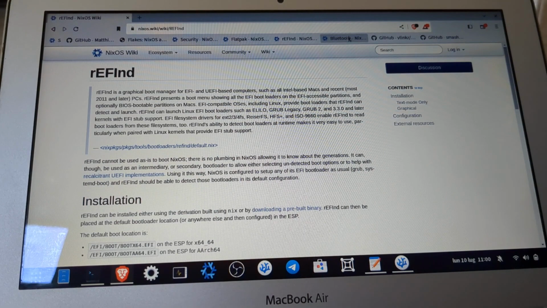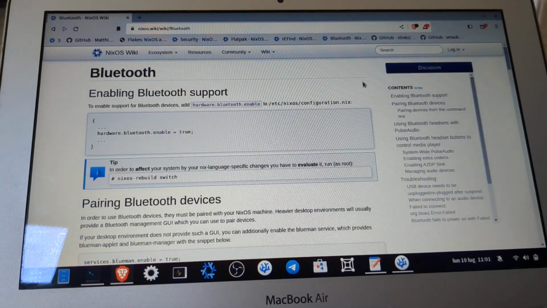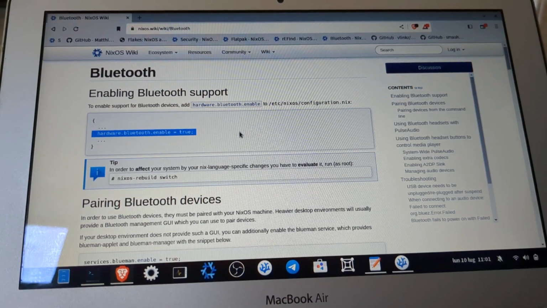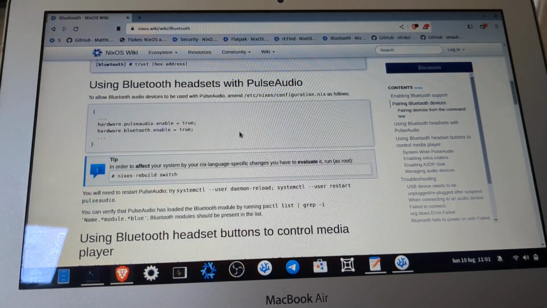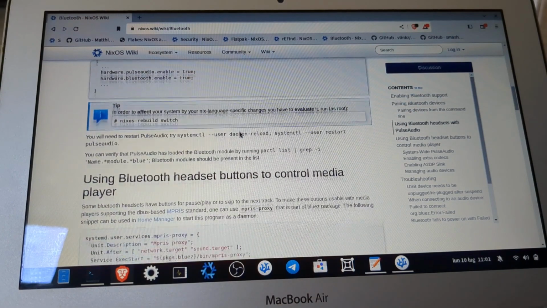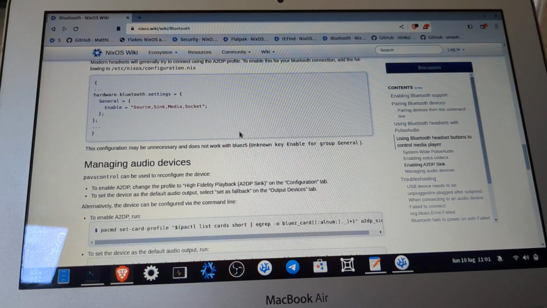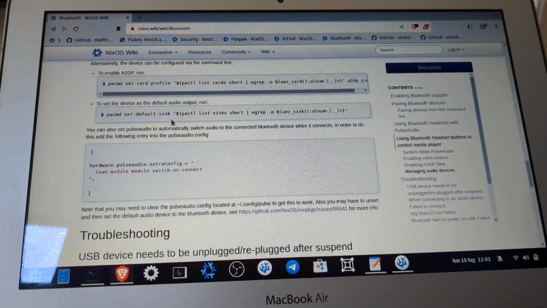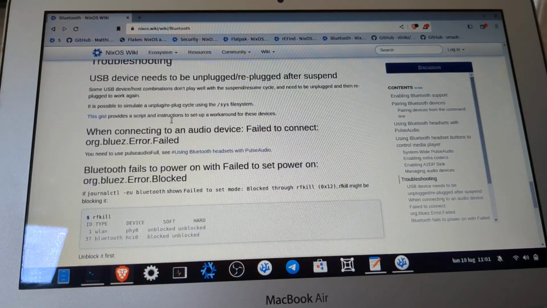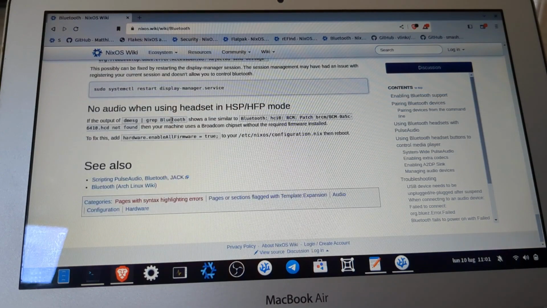And this is Bluetooth. As I said, you just have to enable Bluetooth in this way, and you also need to enable this part for the earphones.